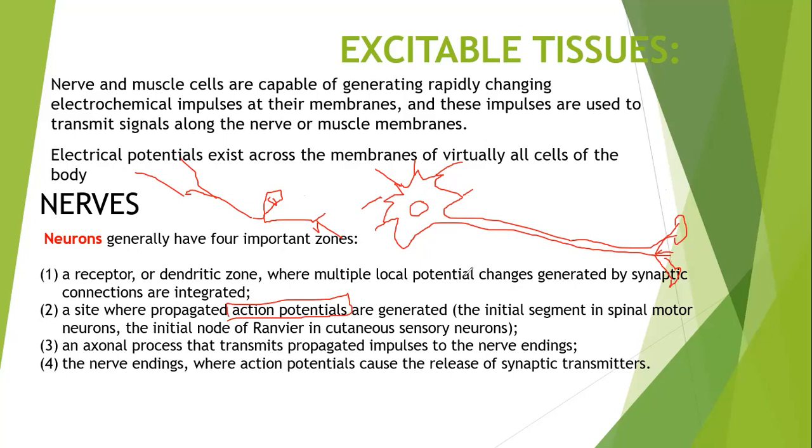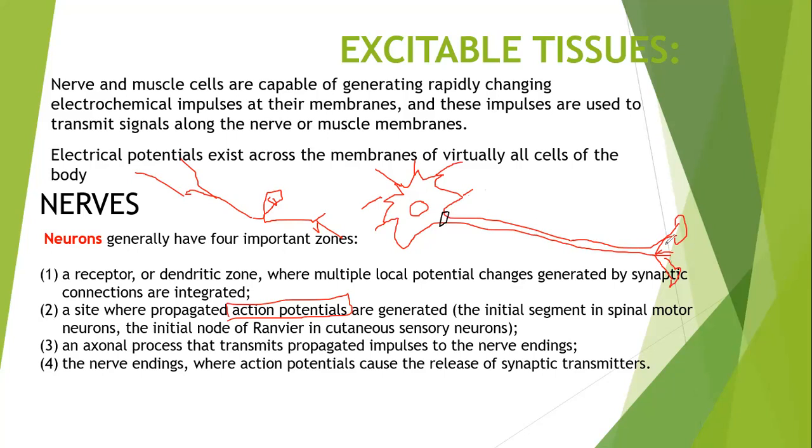Where do you propagate the action potential? In some places, we have a specialized zone, which we call the axon hillock. In this axon hillock, you have very many voltage-sensitive sodium channels. When they are stimulated, they open and allow a flood of sodium to flow in, and that flood of sodium changes the cell membrane to reach threshold and to initiate an action potential,